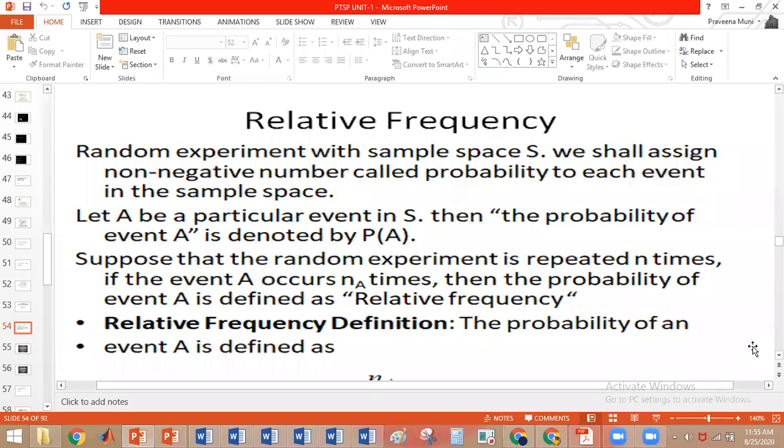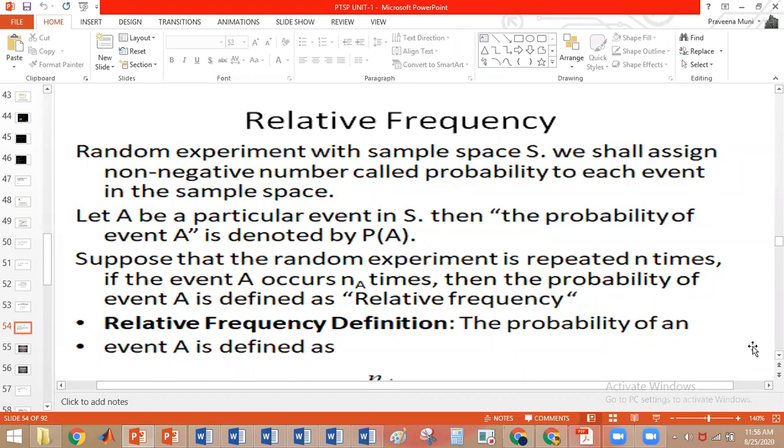Sample space is nothing but the number of outcomes for a given experiment. The possible outcomes in a given experiment are placed in the sample space. In that case, we have discussed what probability is in the previous examples. Now we will be discussing probability with respect to relative frequency.